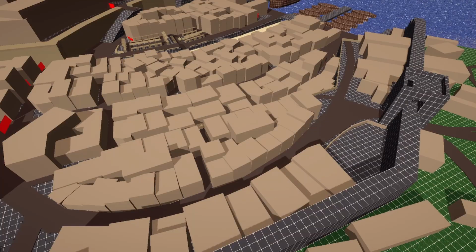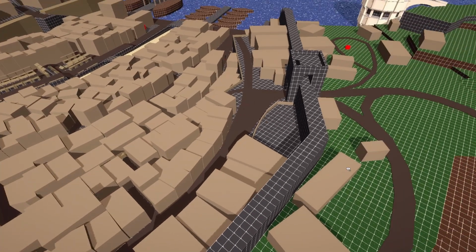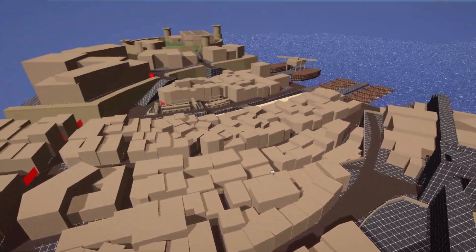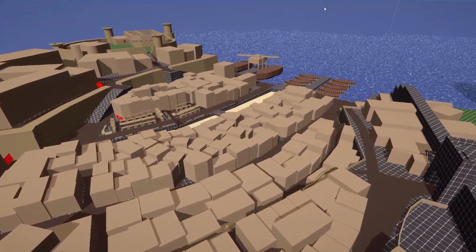Only once everything is 100% done, I will start designing how each building will look like, how the map is supposed to be textured. It's very much at the bottom of the priority list. So yeah, this is what you will be seeing for a good while now.